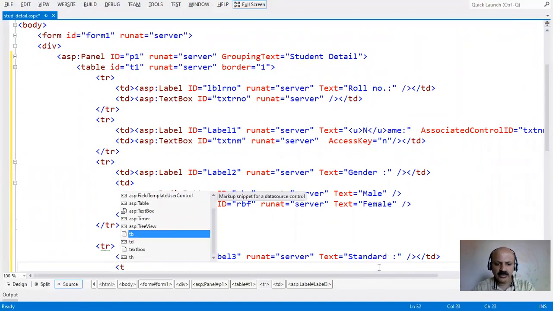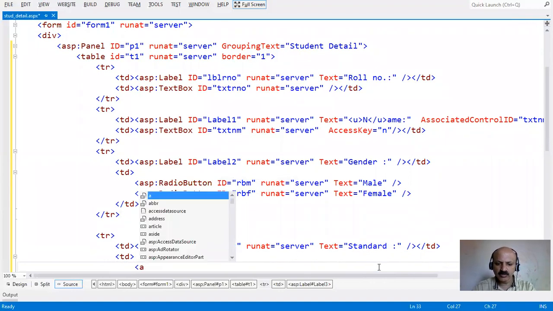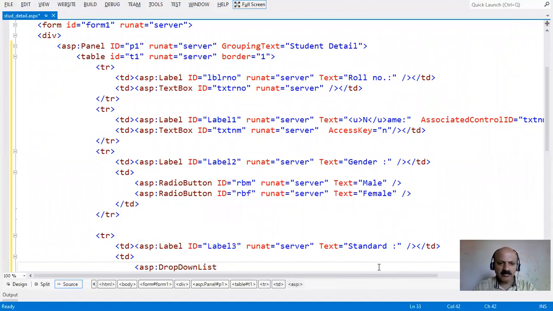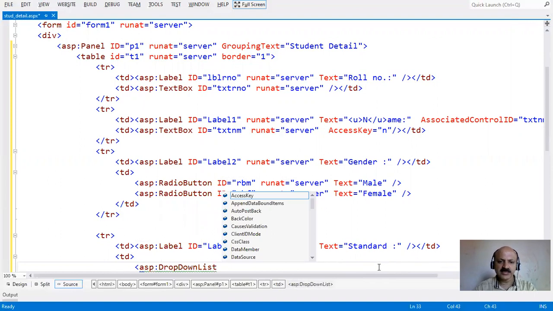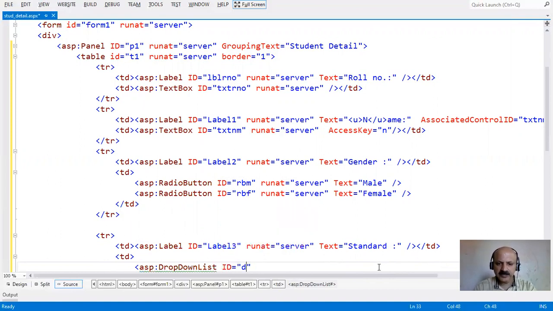In standard we have to take the drop down list box. In many other languages, the drop down list box is known as a combo box. In ASP.NET it is known as DropDownList, the same control. So here provide the ID DDL, runat server.